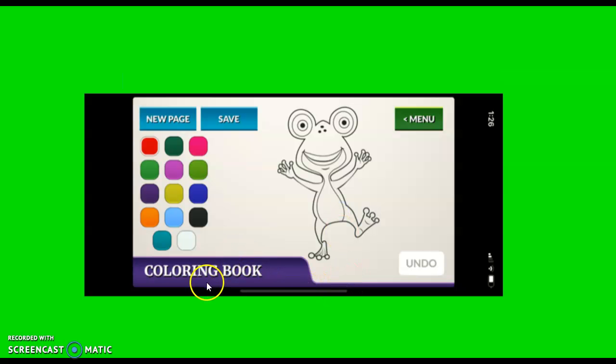And the app also has a coloring book. Now, I thought, what would I use this for? How could I use this in my classroom? One thing that I came up with is I think this would be really cool maybe for morning work, for students to think about what the weather is going to be like for today. And then they could actually draw Freddy's clothes on. They could color him, and then let's say it's going to be 85 degrees outside. They could put him in a swimsuit or a t-shirt and some sunglasses. I thought that this was just a cool little fun activity that they could use either in the morning or